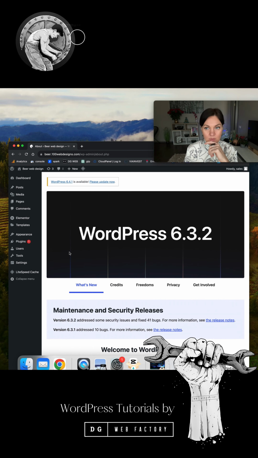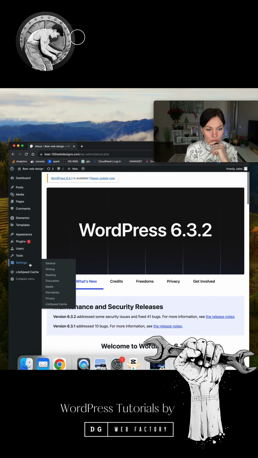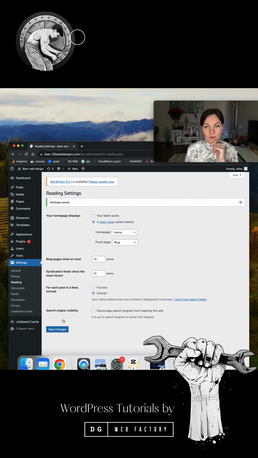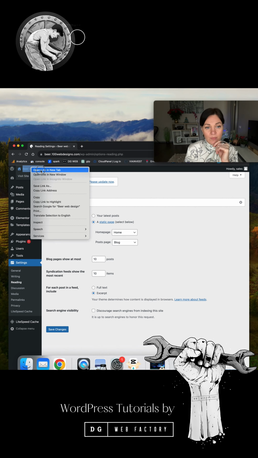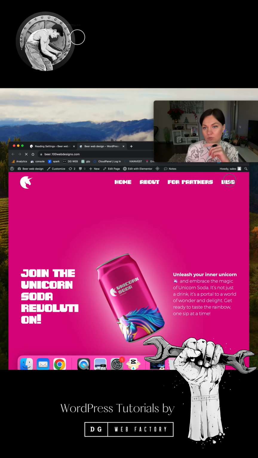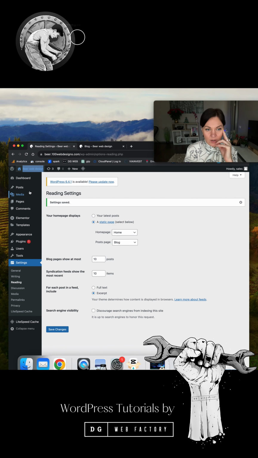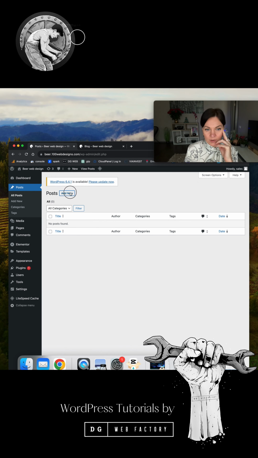The next thing I need to do is go to Settings, Reading, and here select this page, Blog, which we just created, and here I press Save. If I go now, you will not see any changes yet, but if I go to Posts and press Add